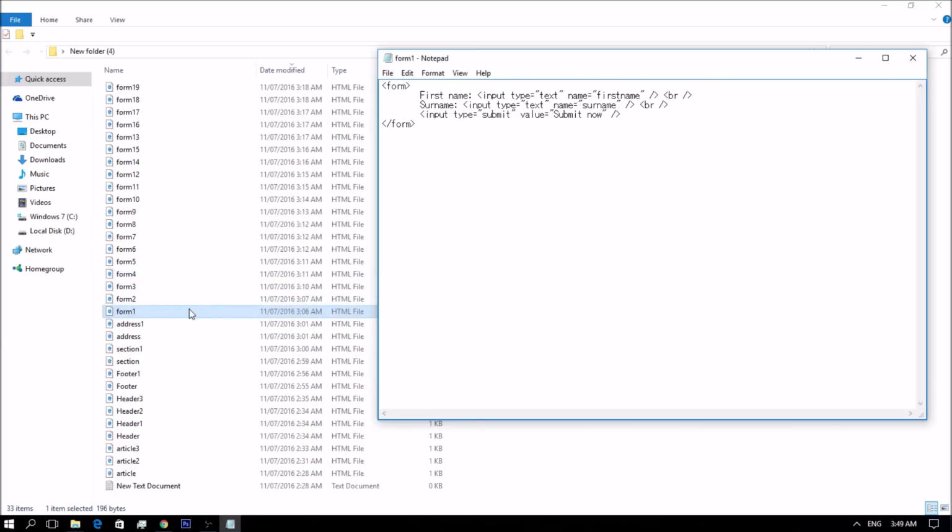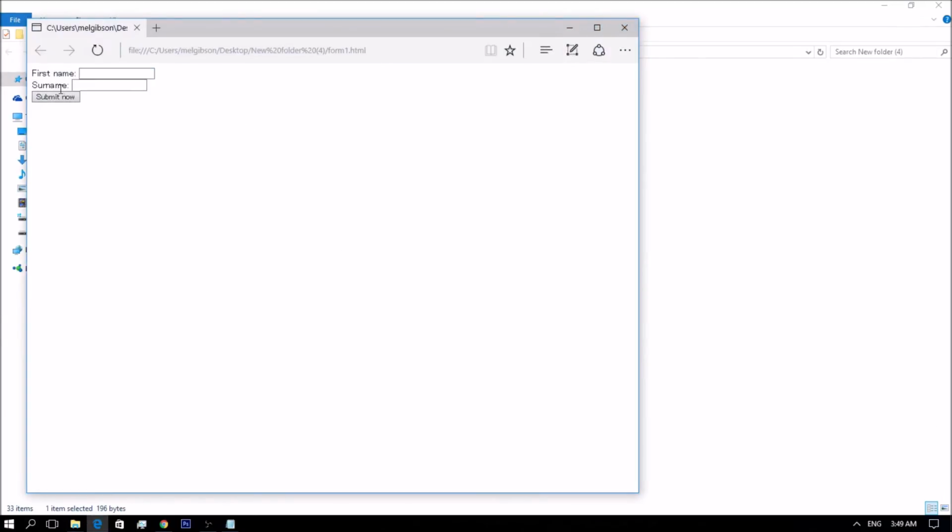So I have here the example. As you can see, the input fields are defined by the input element. The input element represents a typed data field which the user can edit.